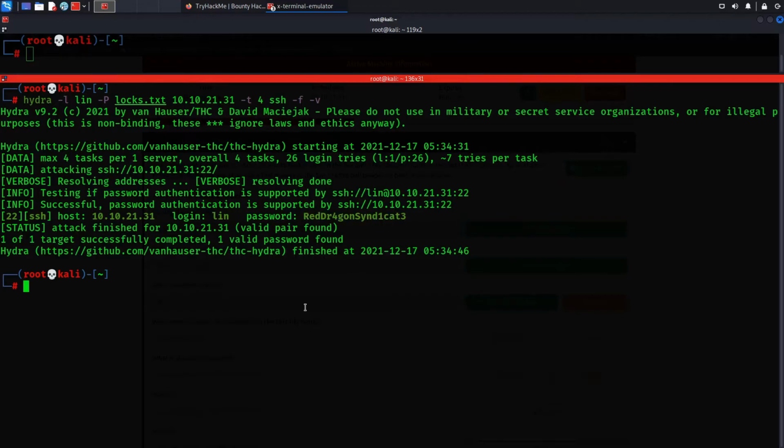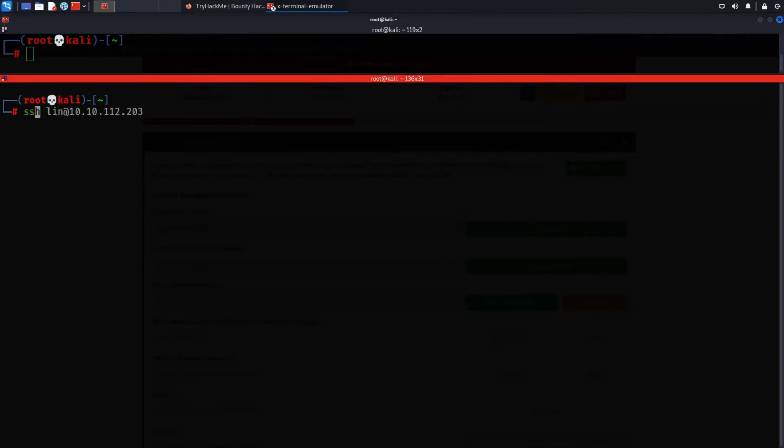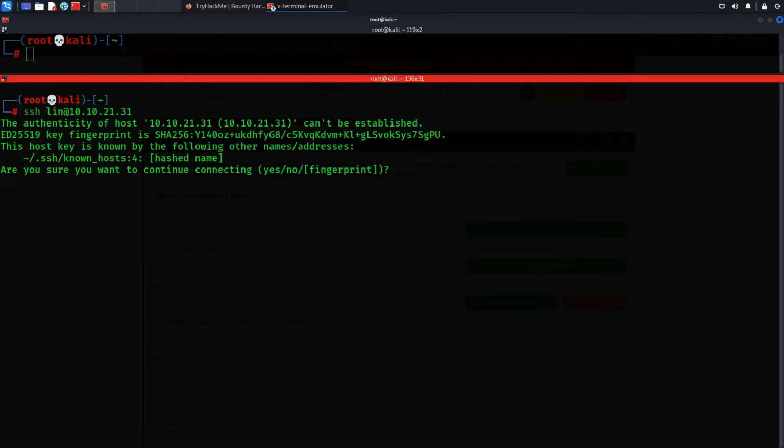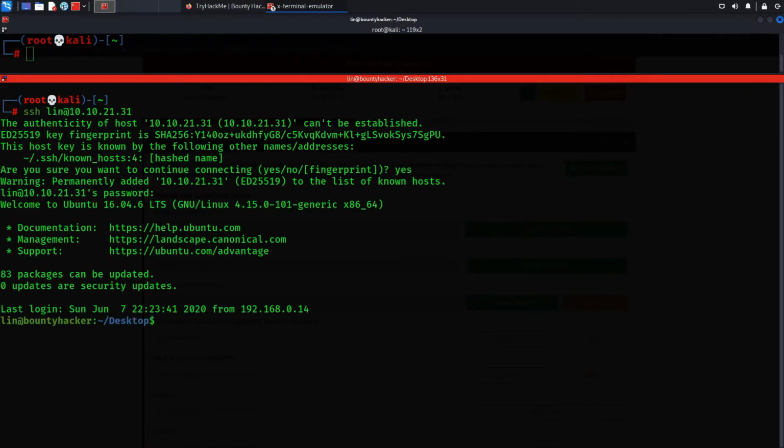Let's try logging in. SSH lin@10.10.21.31. Type in yes and paste in the password. Alright, we are in.